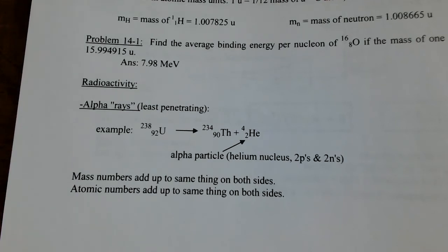So he looked into that, and it turned out that there were some kind of rays coming out of his rocks that nobody had ever known about before. Subsequent investigations by him and other people like Pierre and Marie Curie played a very large part in this. Over the next few years, it was determined that there are actually 3 different kinds of rays that can be given off by a nucleus. This isotope gives off this kind of rays, that isotope gives off that kind of rays. A lot of nuclei actually give off more than one, but they were named with the first 3 letters of the Greek alphabet